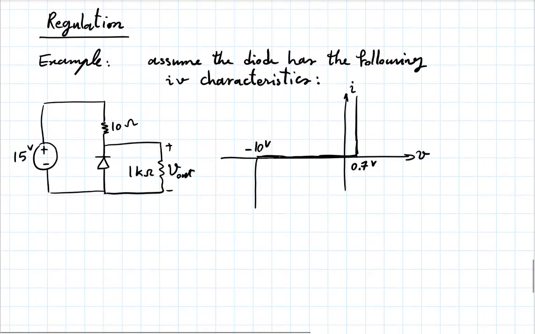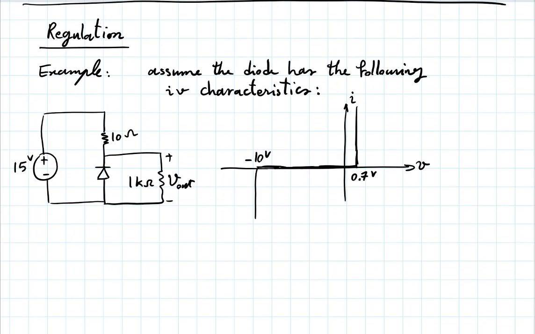This is an example of a diode circuit. Solve this circuit. Take a few minutes, think about it on your own. What is V out? I'll give you a hint. You're trying to solve an extremely simple circuit. It has 3 elements, one of which is the diode, and you might feel intimidated by that. Remember, the diode can be, look at the characteristics, it can do only one of a few things. It can either have a 0.7 volt forward voltage,